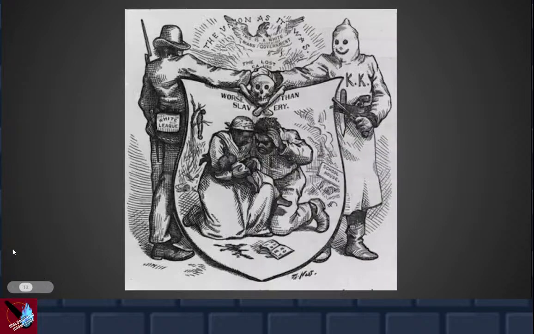And of course, we all know why they might have left. This is the rise of Jim Crow, right? The rise of the KKK. Following the Civil War, just because black people are free does not mean they're treated as equals. Correct. Yes, there are the 14th and 15th Amendments trying to give them protections, but they're not being enforced